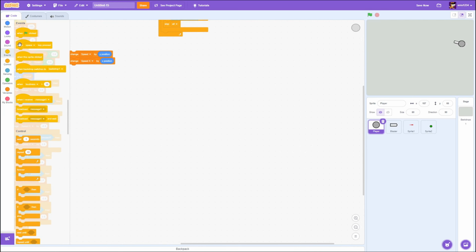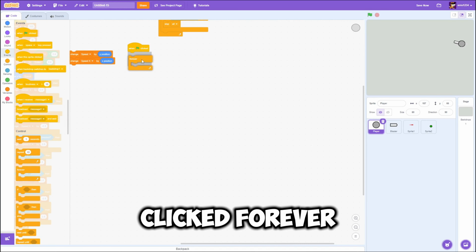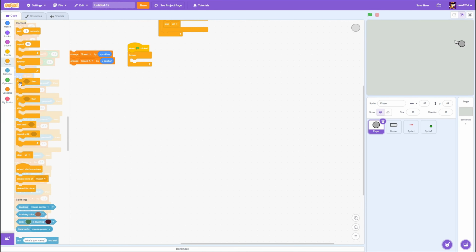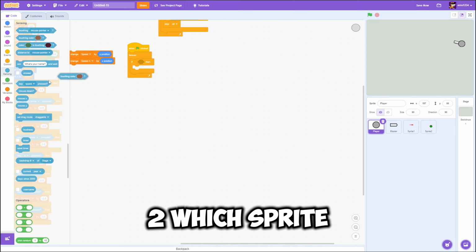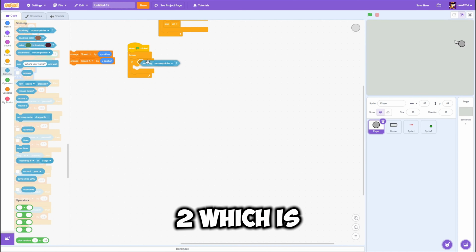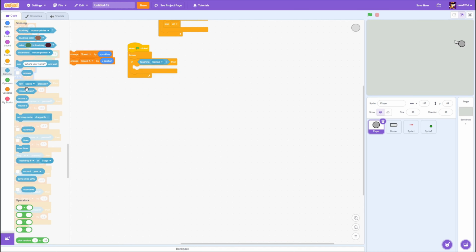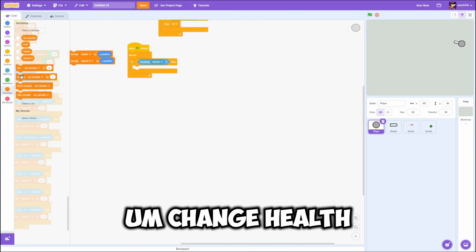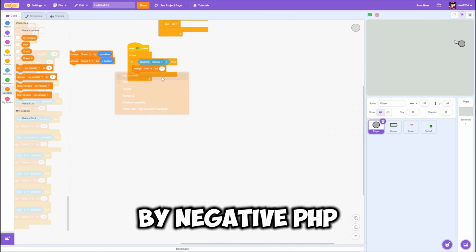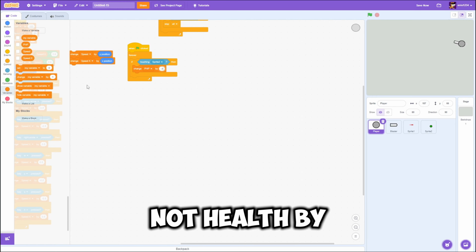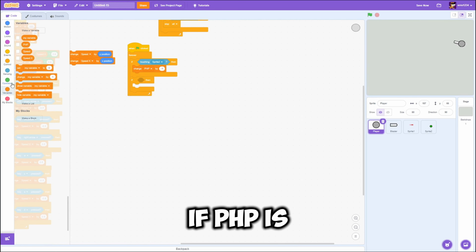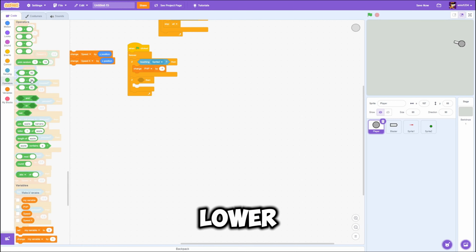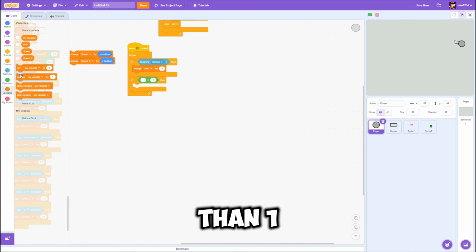Okay, when green flag clicked, forever, if touching Sprite 2, which is our enemy, change PHP by -1. If PHP is lower than 1,